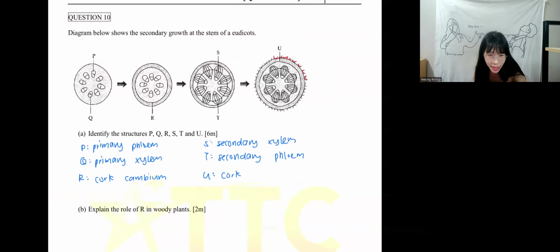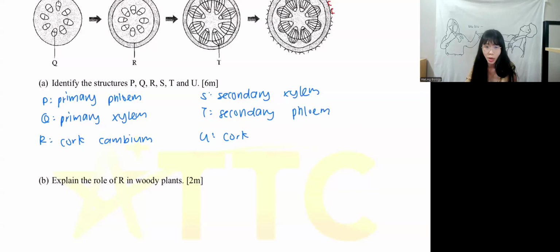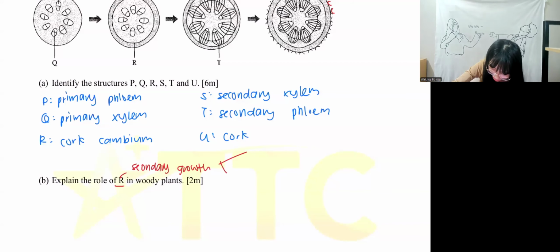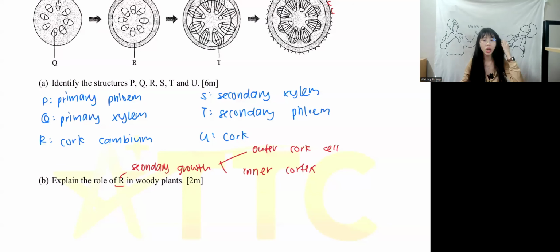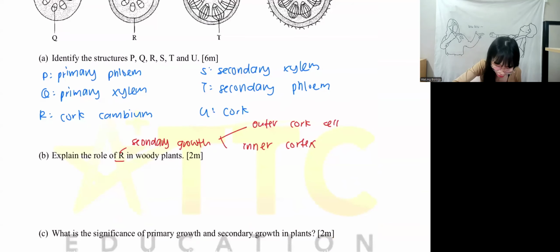They ask you to write what is the function of cork cambium. Okay, let me write down the sequence first. This cork cambium is the one that carries out secondary growth. In woody plant, which is R, they will carry out secondary growth. This secondary growth causes your cork cambium to form into outer cork cell and inner cortex. Okay, outer cork cell and inner cortex. We're gonna form this into 2 sentences. We're gonna talk about the function of it as well. So we're gonna say